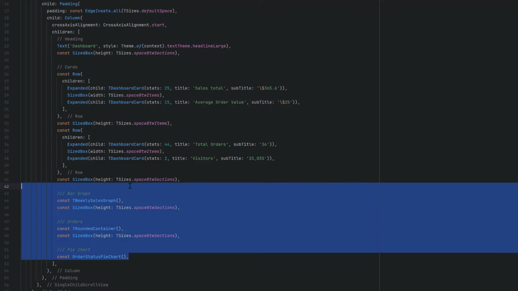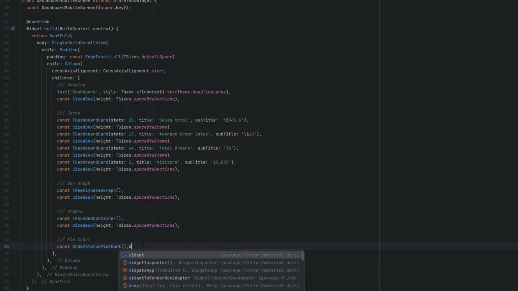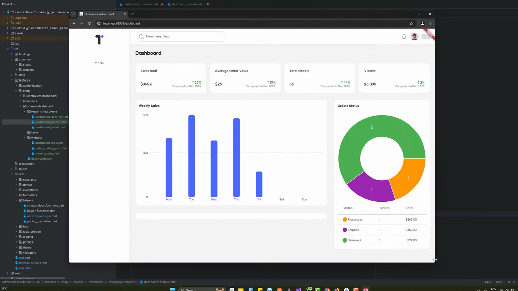And the same we are going to do for the mobile. So inside the mobile, right after the cards, we have to add a space of sections, weekly, then we have orders, and then we have a pie chart. So you can also change this order if you want. Let's save it. And now currently we are inside the desktop mode,